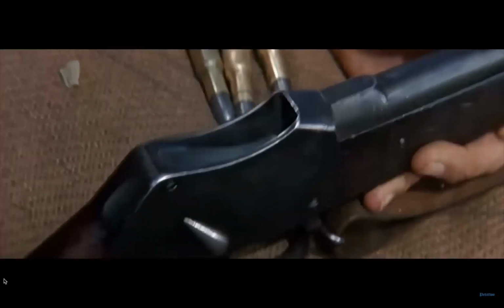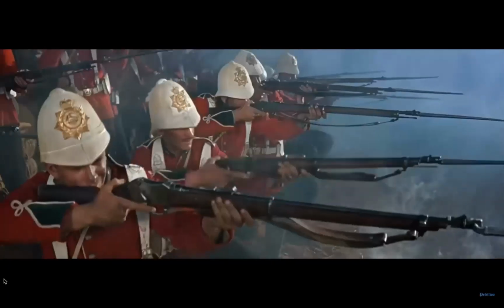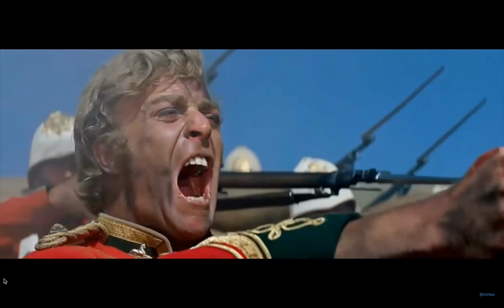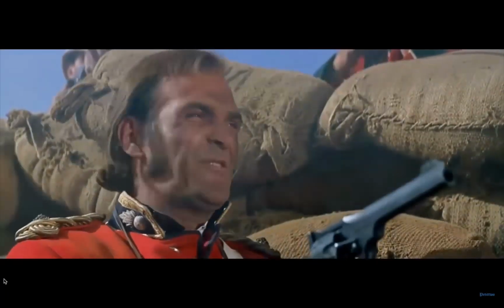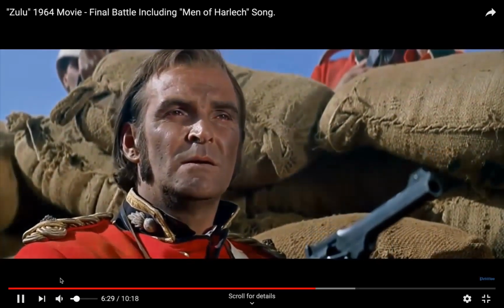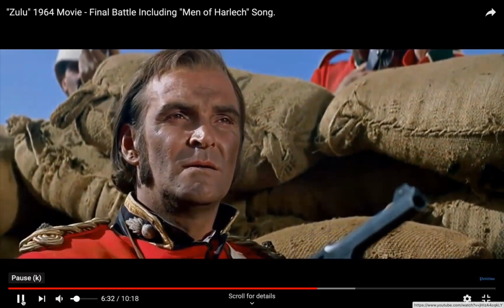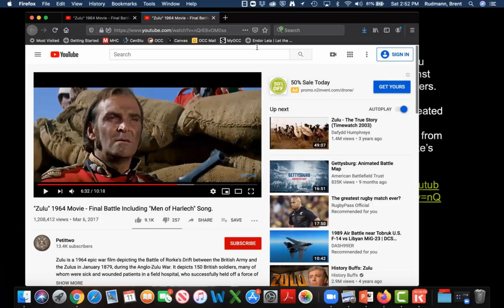You can see the discipline of the British in this one, which is usually going to carry them through to some kind of victory. This scene goes on and on and on, and then the Zulu actually get into the fight. And eventually, of course, the British win because, you know, this is a show made to really glorify the British at this event. Just wanted to show you that because there's a lot of stories here that even today glorify the Europeans in